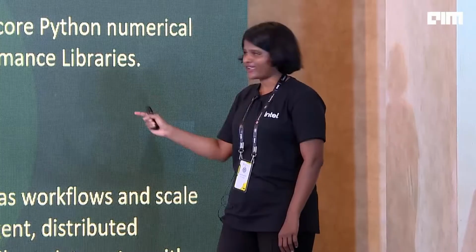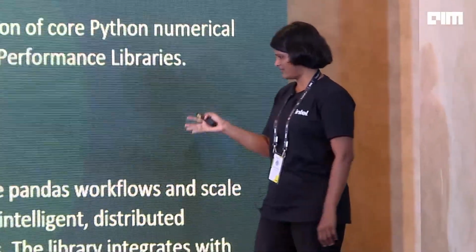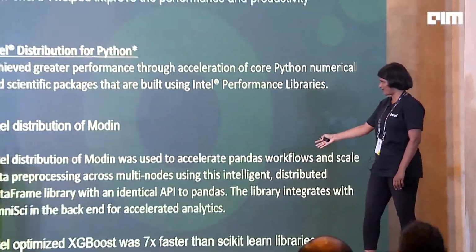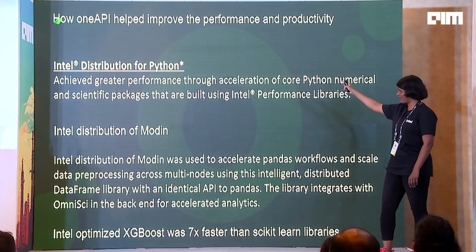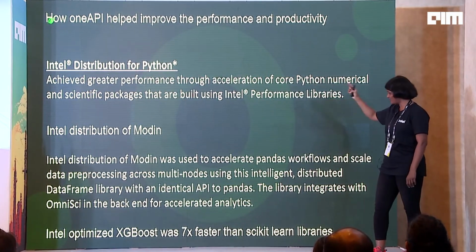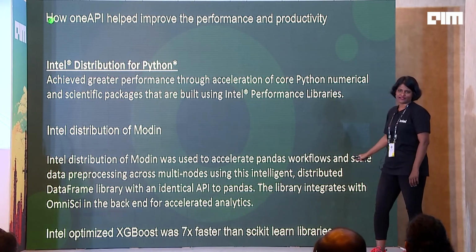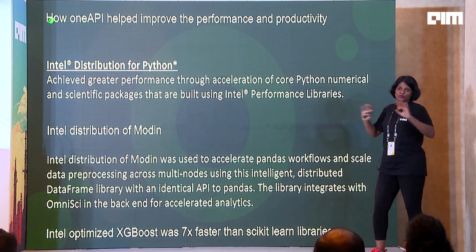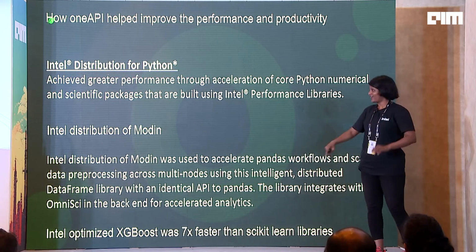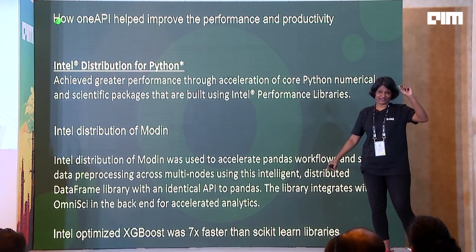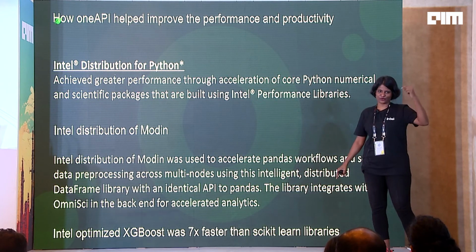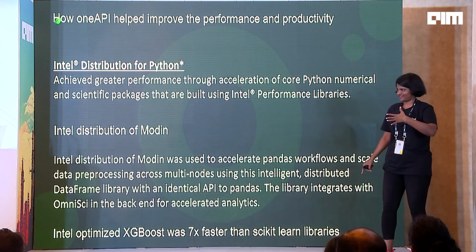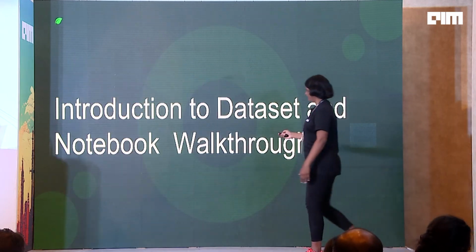Before getting on to the demo, I'll quickly revisit the performance gain. Because of using Intel distribution of Python, Intel distribution of Modin, and using scikit-learn libraries, we were able to improve the performance by 7x. And for all these 3 things, I was just writing 1 single line of code. To my existing baseline solution, I'm just going to add 1 line of code and then improve the performance to 7x. So now we'll head on to the demo.